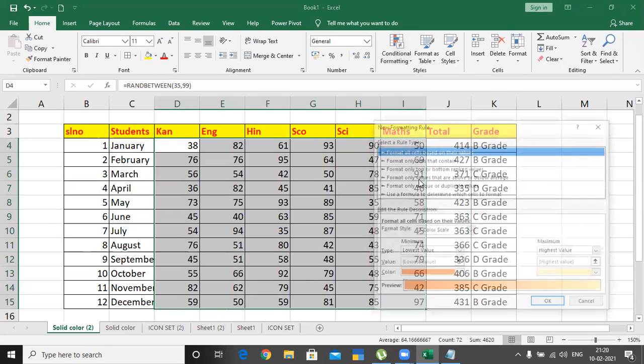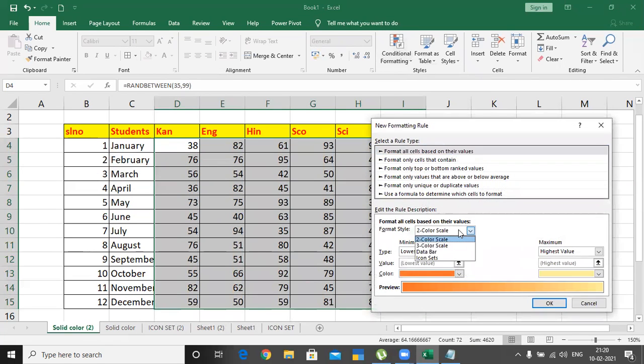Go to new rule and select this two color scale. So let it be the two color one. Again, highest number and the lowest number. I'll take greater than 35 and greater than 70.